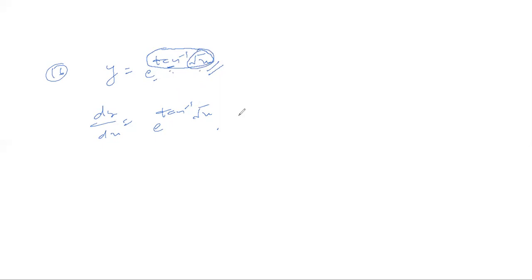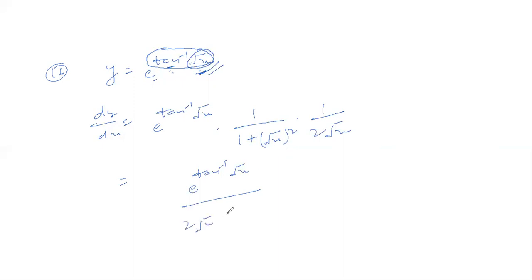So tan inverse x, what will be its derivative? The derivative of tan inverse is 1 upon 1 plus x square, meaning under root x square. Differentiate this root x again. So that root x will be 1 upon 2 root x. Okay, this is it. It can be simplified a bit. It will be e raised to power tan inverse under root x divided by 2 root x into under root 1 plus x. Okay, that's it. This root x can be multiplied also inside, let's do that too. So it will be e raised to power tan inverse root x upon 2 under root x plus x square. Okay. So this is how we can do this.